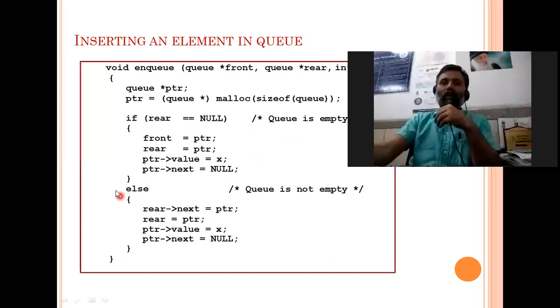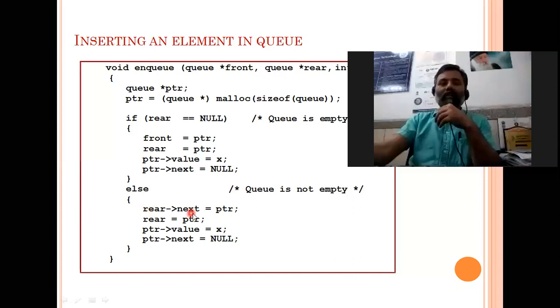Else part, if it is not so, then it will be a normal insertion, that is at the end. Mind it, we have taken the rear side as the end. So else part means Q is not empty. So rear is pointing to the last node of the linked list.